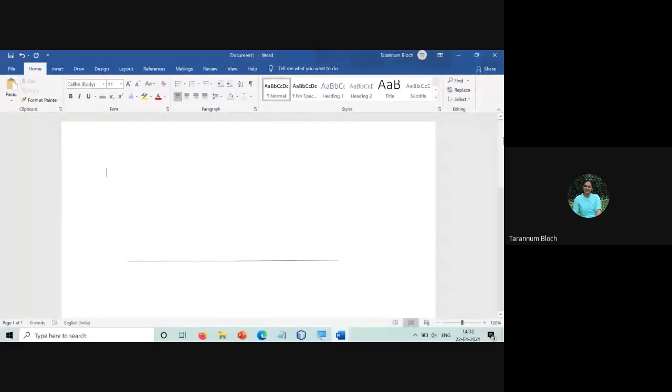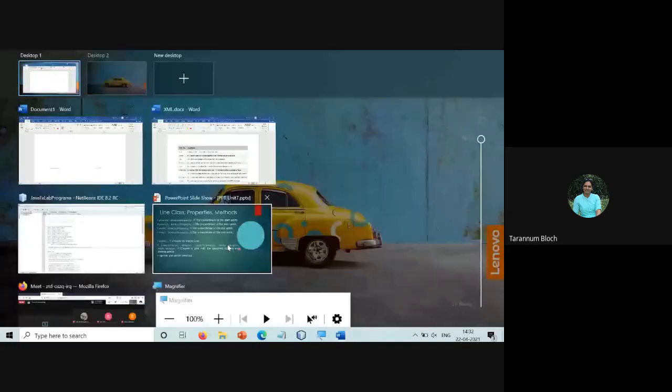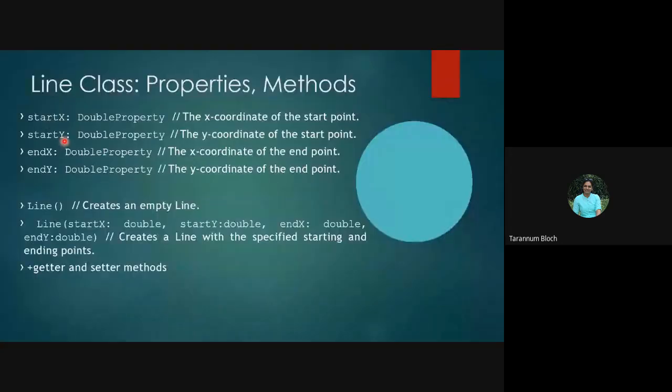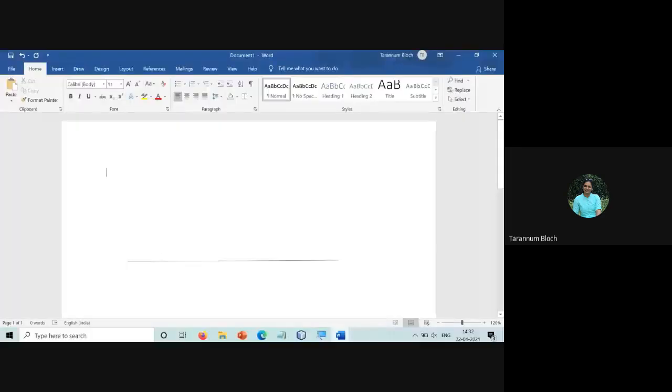So you can see this: if this is my start point, and this is at the end, we have the end point, then we have to specify the start X, start Y, end X, and end Y. You're getting the point, right? When you draw a line, you draw it from one point. So we need a start X and Y because one point has both the coordinates X and Y. Similarly, the end point will have end X and end Y. So we will take those properties and then we can draw a line. Fine. If you want, I can just show you.